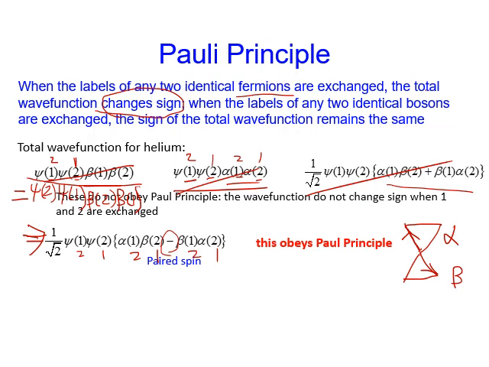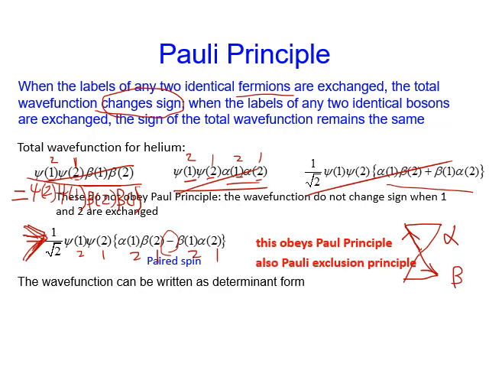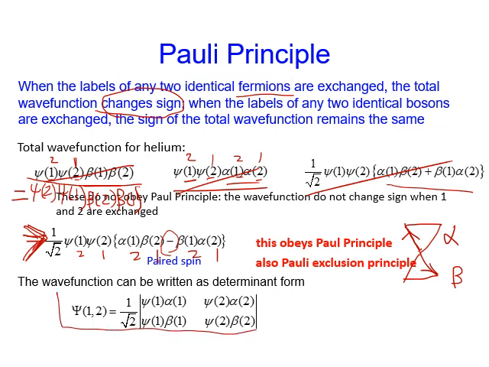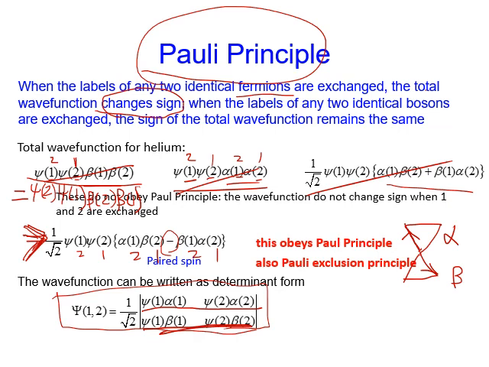And if we have more than 2 electrons, it is more convenient to write the wave function as a determinant form instead of using this form. This is a more concise form to write wave functions that obey the Pauli principle. Okay, Pauli principle is this one. Now, one important property for this determinant is that when 2 rows are the same, then this wave function